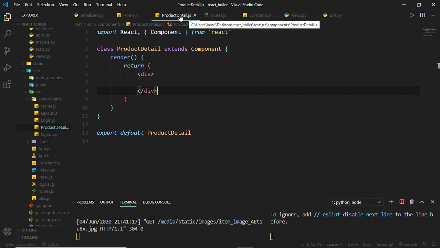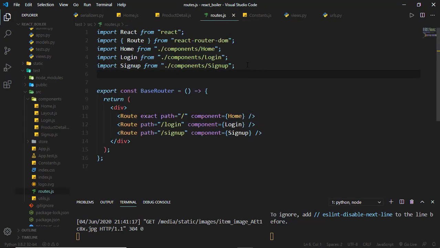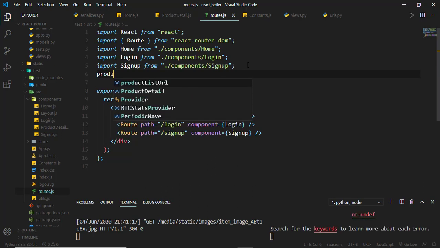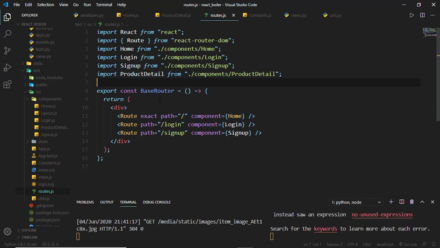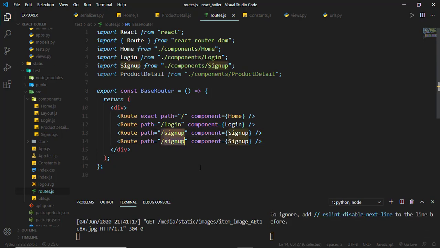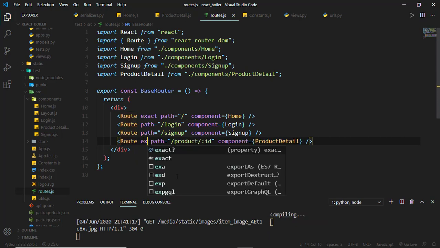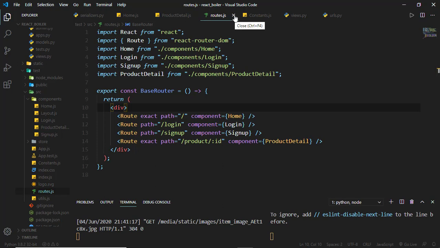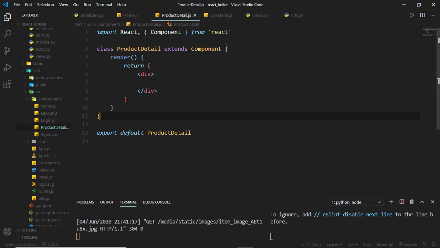If we bring this component into our routes, inside our routes we can import the product detail component there, and we can add another route. If we copy that, it goes to /product, and then we want the specific ID of that product, so /product/ID, and it uses that component. To make sure that we don't have any routes being matched, we can add exact in front of that. Go ahead and close your routes there. If we just type in anything here, let's say this is the product detail,